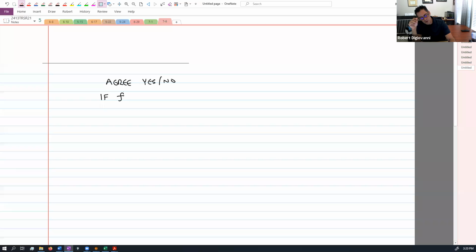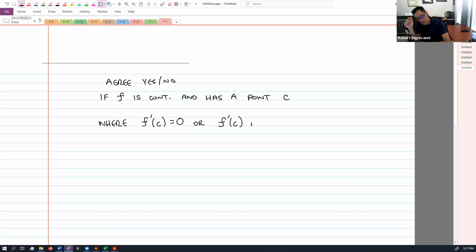If some function is continuous and has a point C where the derivative at that point is 0, or the derivative at that point doesn't exist,